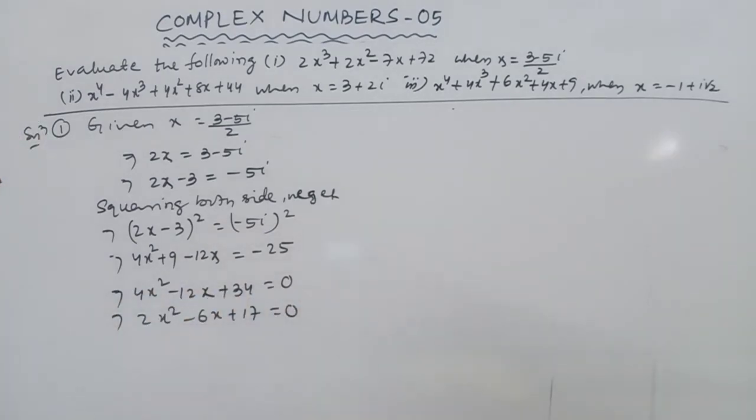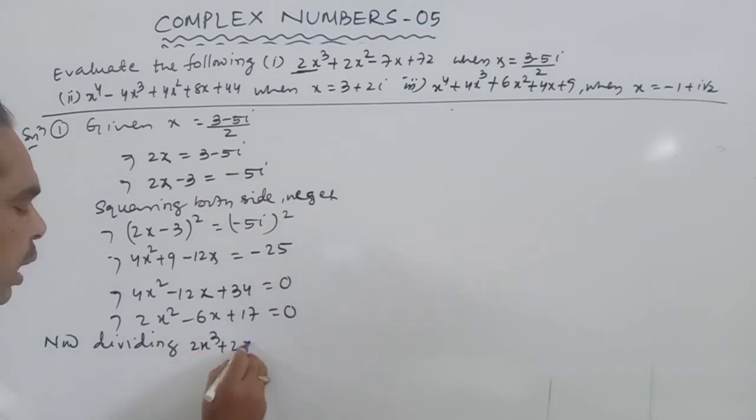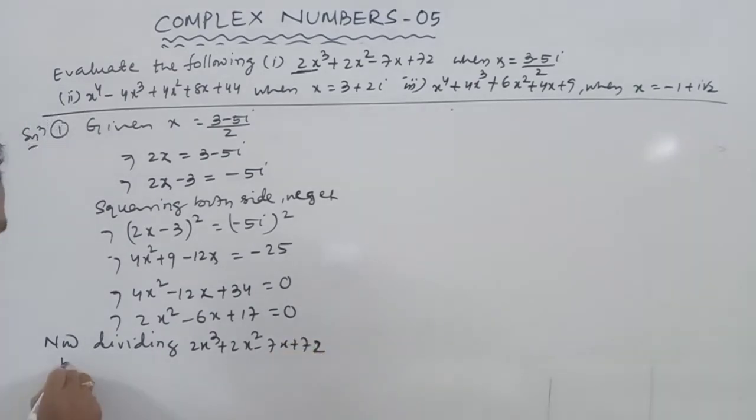So this implies, dividing both sides by 2, 2x square minus 6x plus 17 is equal to 0. Now dividing 2x cube plus 2x square minus 7x plus 72 by 2x square minus 6x plus 17, we get